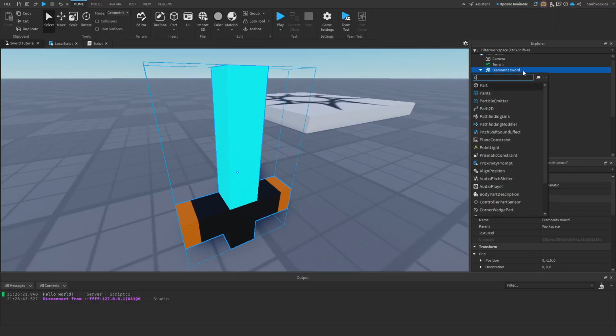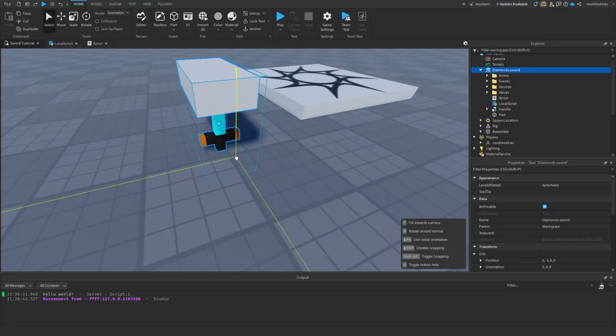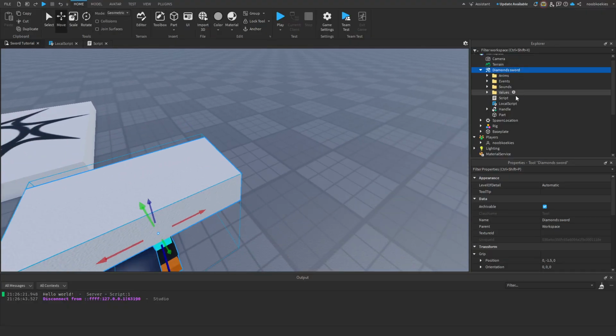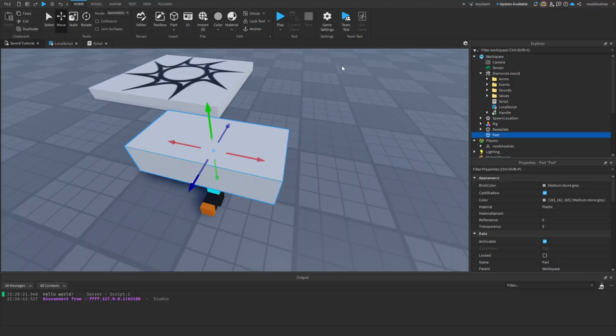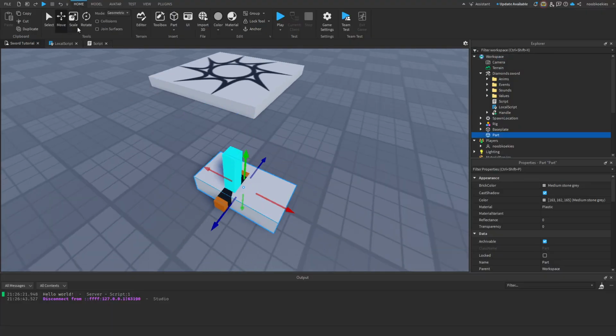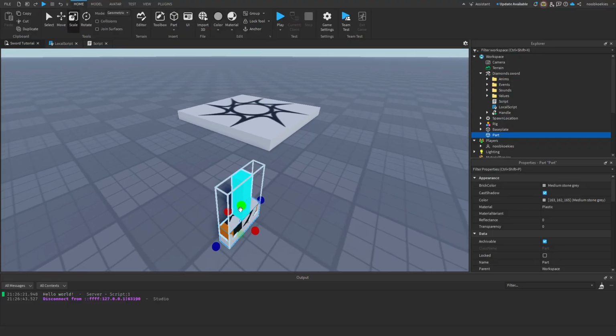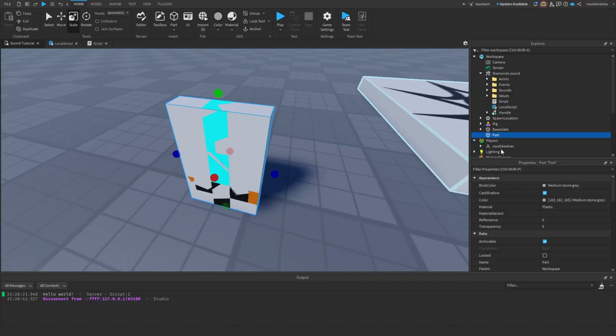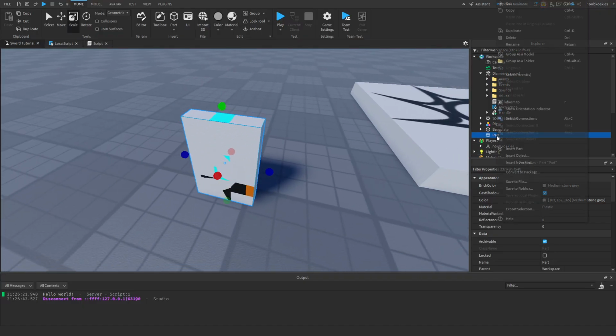Just insert a part. You cannot just grab it. You need to move it, but we can just put it outside of the tool. So now we can grab it. Gonna go to scale, move, do it like this. Alright, so cool. There's gonna be our hitbox for the sword. Call this part